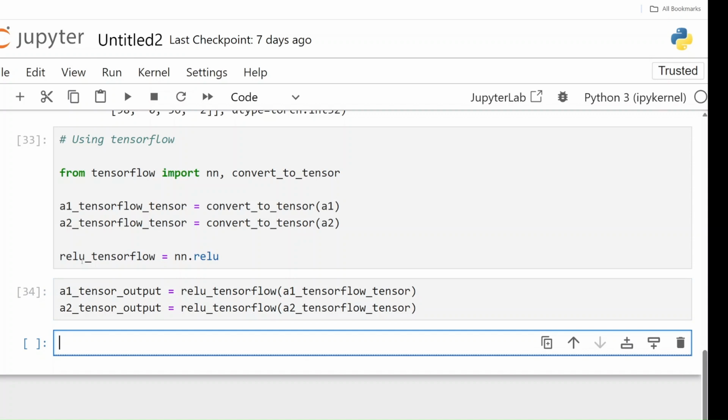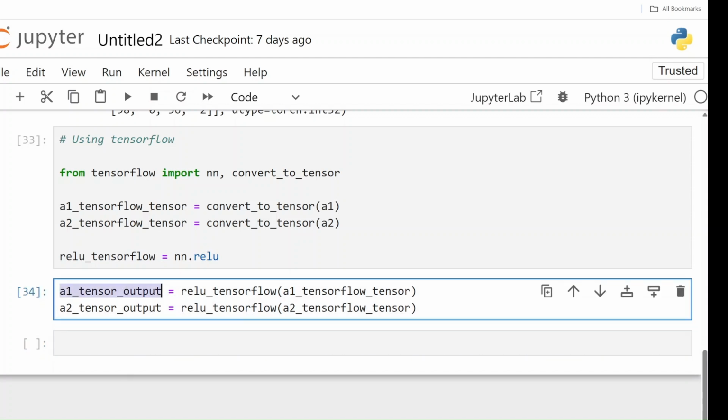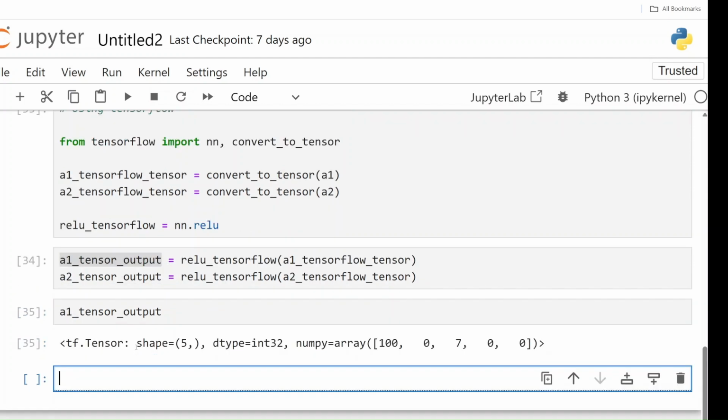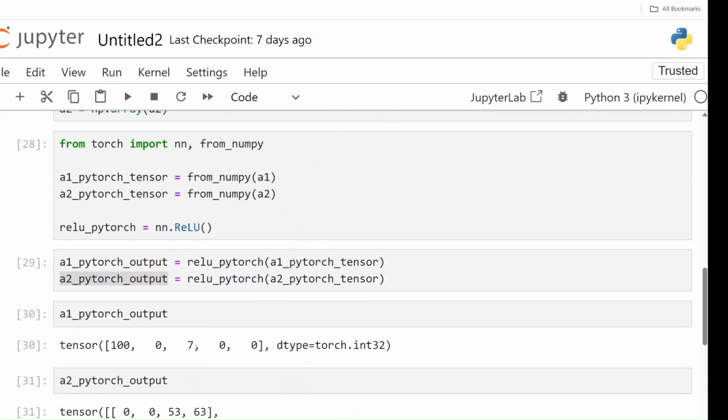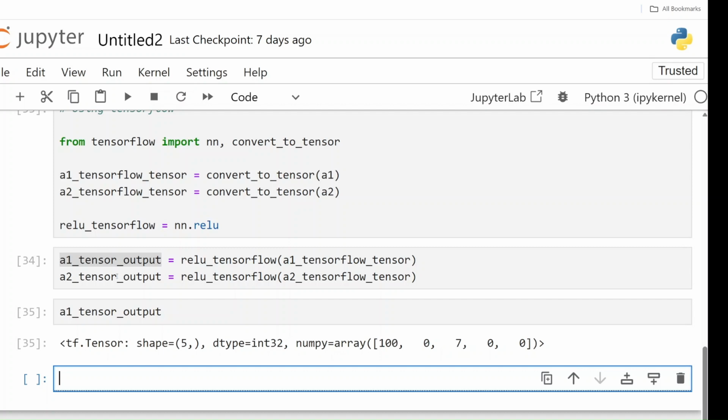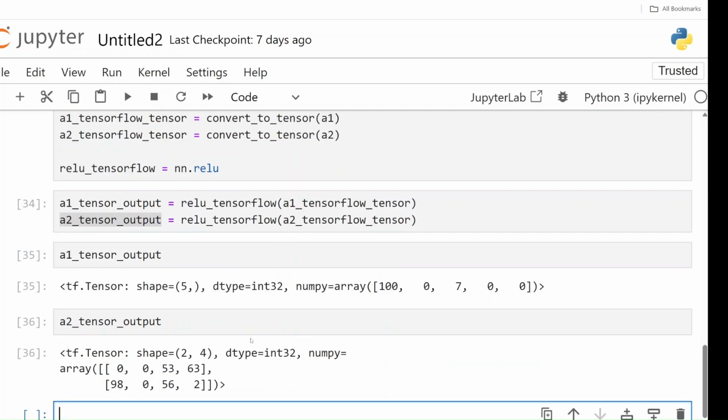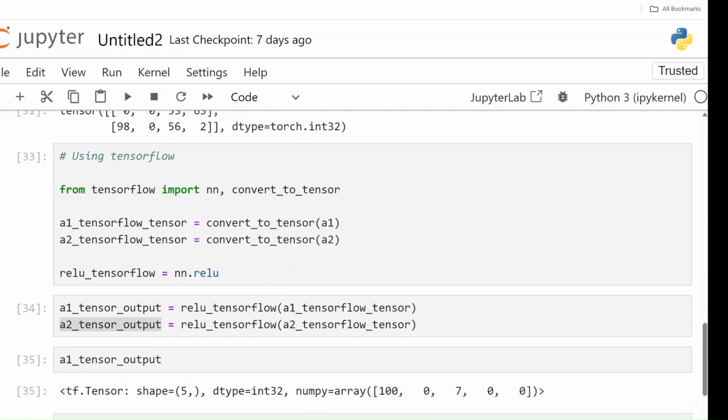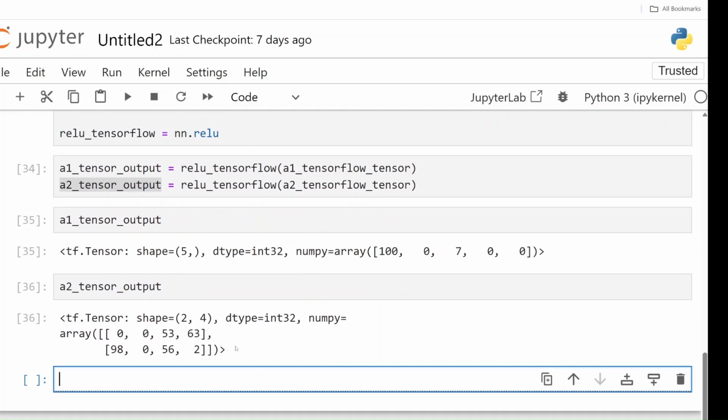And now let us just print these outputs and see if they match with the previous outputs. So 1, 0, 0, 7, 0, 0, yes, that's correct. And then for A2 tensor 0, 0, 53, 63, 98, 0, 56, 2, yes, that exactly matches. So this is how we can use the ReLU function.